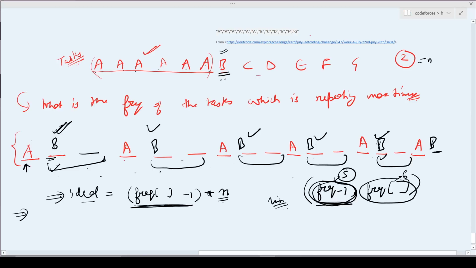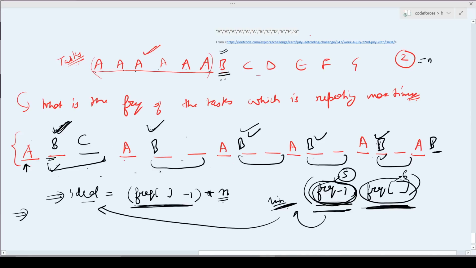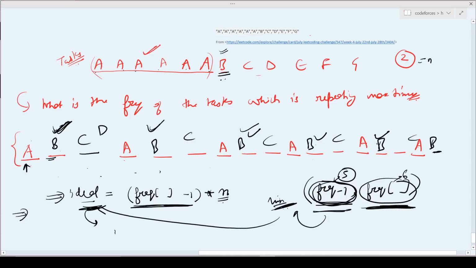So at every step, you will take the minimum out of frequency minus 1 and the frequency of the particular alphabet, and subtract it from the ideal, so that you are utilizing these locations. Now you can do it for every alphabet. You can place C here, and do it again. But at a particular stage, you will realize that if you place D, then you still subtract from the ideal, so my ideal will become negative. But we know that the ideal can never be negative.